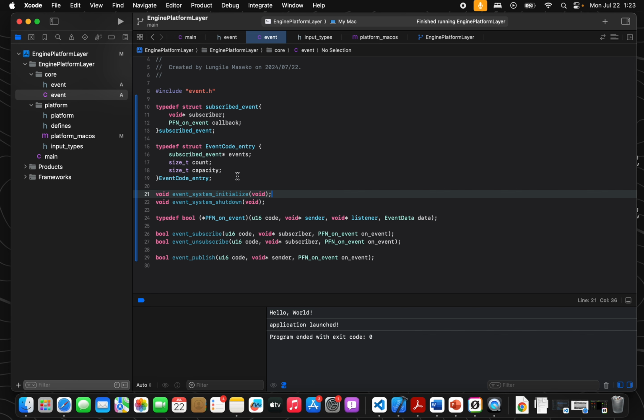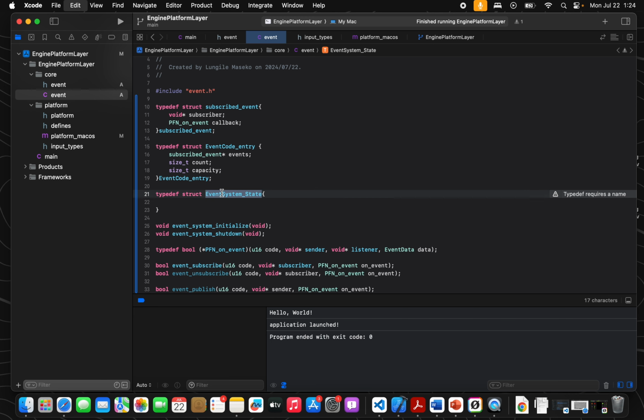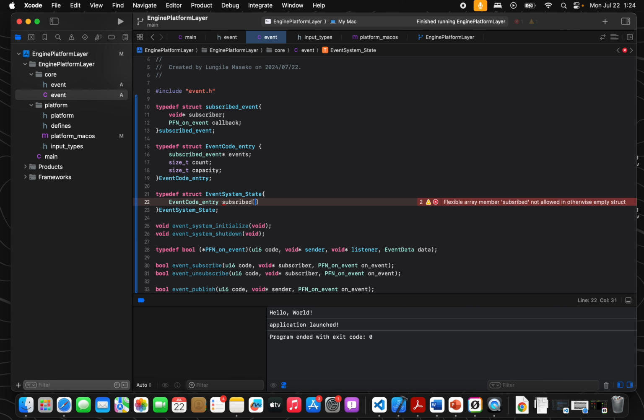Events code count capacity. We want to also have a struct, so typedef struct, for the event system state, right? So the event system itself. So event system state. Let's give that a capital S. And then event system, close that off like that. And then we're basically going to have this guy in here. And then we're going to have subscribed. Okay, and then we're going to have how many events do we want to